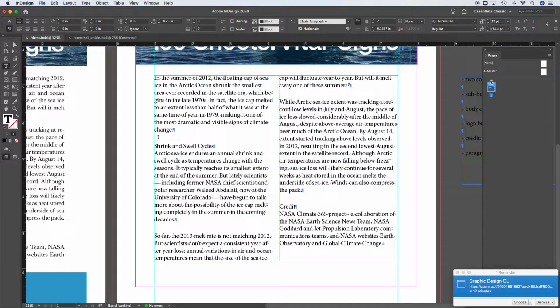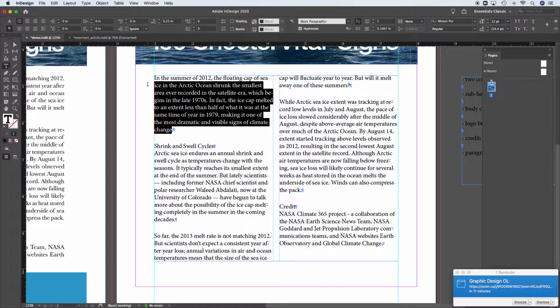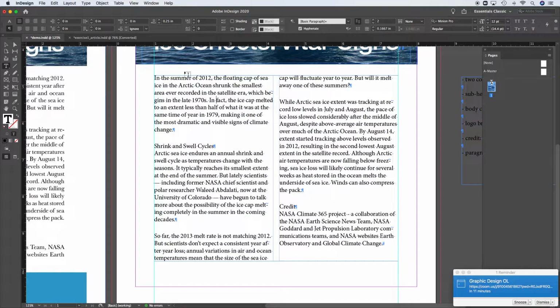I can't emphasize how important it is to use space after instead of returns. And it's quite simple to do, but it's very easy to forget to do because of the habits we're used to in terms of text formatting, especially with programs like Word and the more basic text formatting programs. So having your hidden characters showing and confirming that you've got proper paragraphs, and then going into that paragraph, just clicking in, getting a live cursor in that paragraph. You could also highlight the whole paragraph, but there's no need when you can just click in, and then you